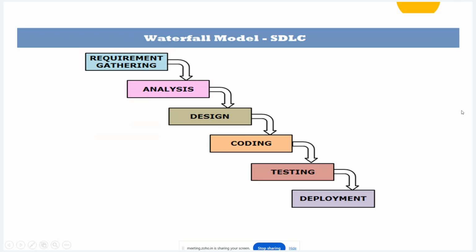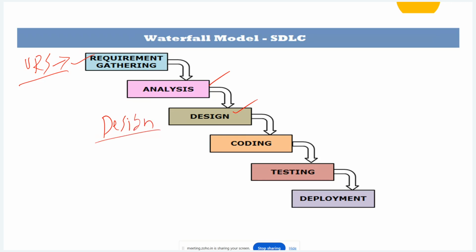This is the waterfall model, for the sake of understanding. Like you want to develop a software. The first thing is you have to gather the requirement: what kind of software you want. So gathering the requirement is nothing but the URS development, user requirement specification development. We'll send this URS to the vendor, the software developer. The software developer will analyze the requirement. Based on the analysis, he will prepare a design document, showing what my software will look like.